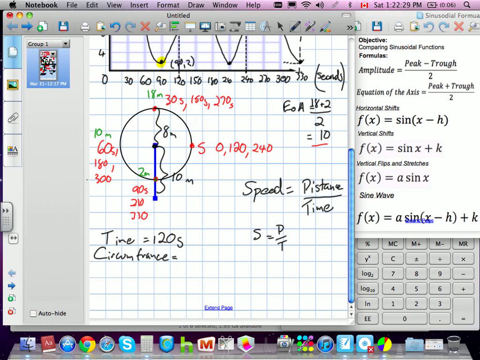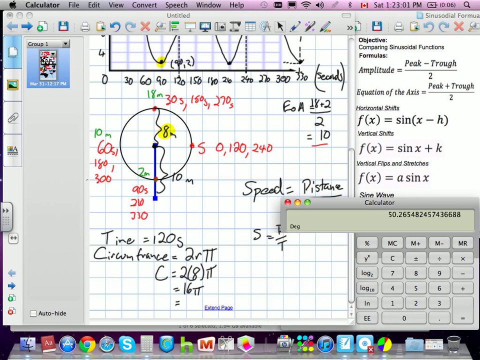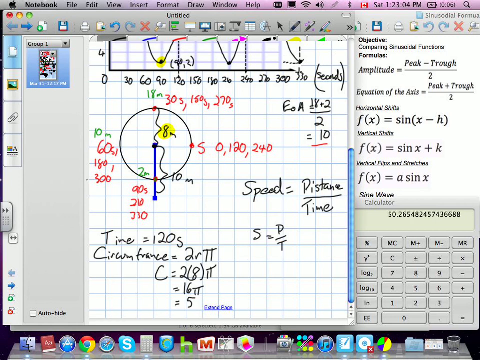Now, circumference is equal to the radius times 2, so 2 r pi. Okay. So we need to find r, which we already found. What is r in this question? 8. So in order to find circumference, or in this case the distance around something, circumference is equal to 2 times 8 times pi, which gives us 16 pi, which we're going to have to figure out, 16 times